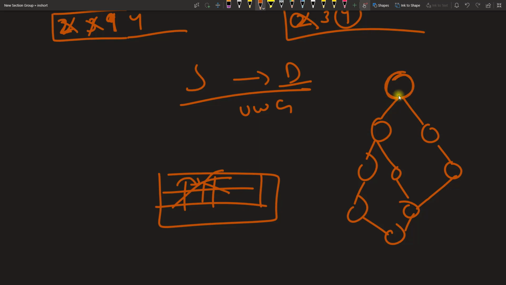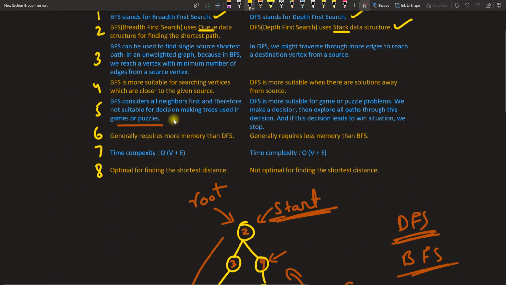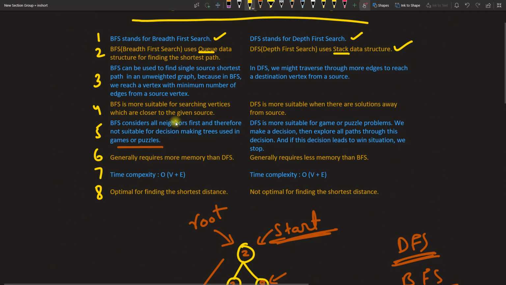Because at this location or this location, if you choose to go to this location, then further you can go either here or here. So there is no point of this guy. So that's why in that case, you don't need BFS. BFS will not work in that case. Correct? Because we have two ways and you can choose either of the places to go. Correct? So DFS can be used for decision tree making like games, which is like puzzle games and chess game.